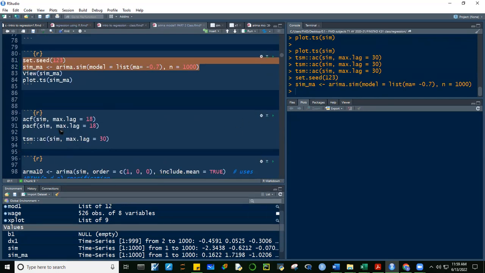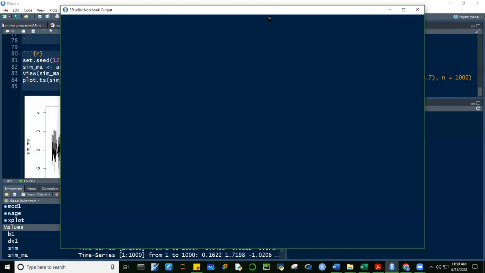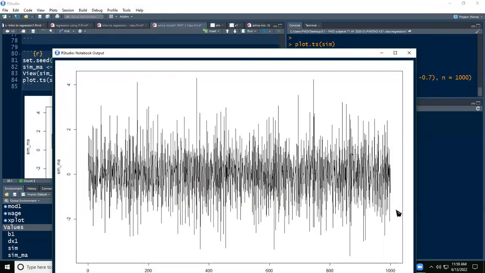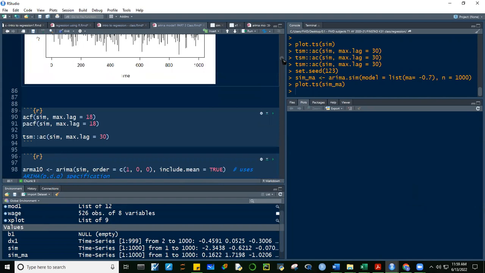Okay, we should have the same values. Hindi ko na i-run yung view. Plot na lang. Okay, take a look at this. Okay, so ito guys, mamodel na natin to using ARIMA kasi non-stationary siya, no? Non-stationary in mean, non-stationary in variance. I hope guys, I cannot overemphasize the point that when you're modeling ARIMA, dapat guys, stationary yung data natin. Okay, if your data is not stationary, then we have to do transformation para magamit natin si ARIMA.